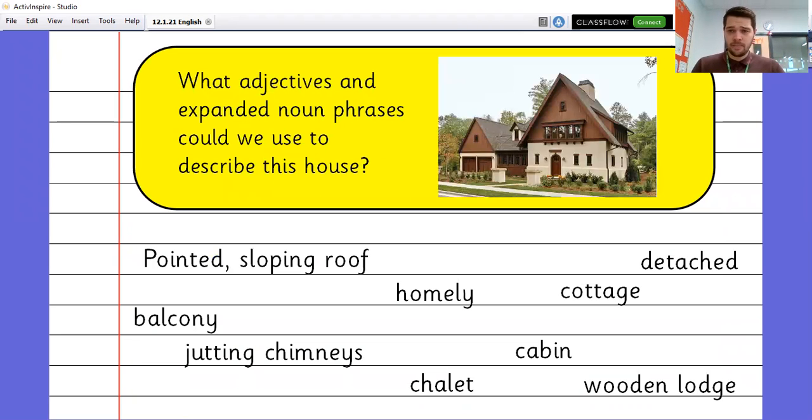Okay, so here's some that we have here. Homely. It looks very inviting. It looks like a lovely, welcoming home. I've put on there about the balcony and the jutting chimneys. Looks somewhat like a chalet or a cabin. To the side looks almost like a lodge or wooden lodge. It's detached because there's not another house that it's linked onto. It has almost like a cottagey feel to it, and it has a pointed sloping roof. Okay,